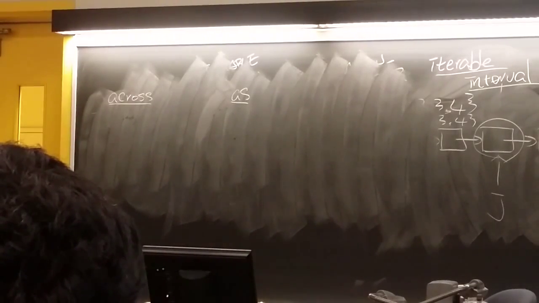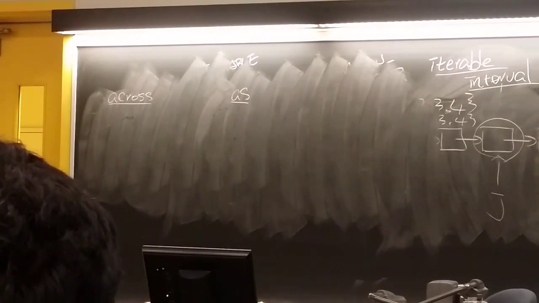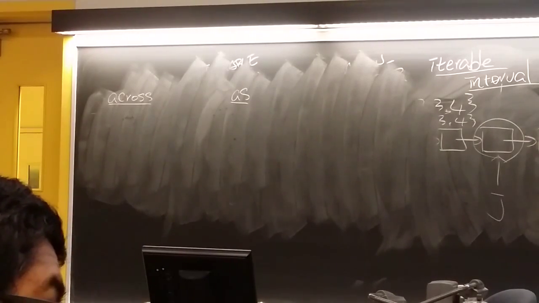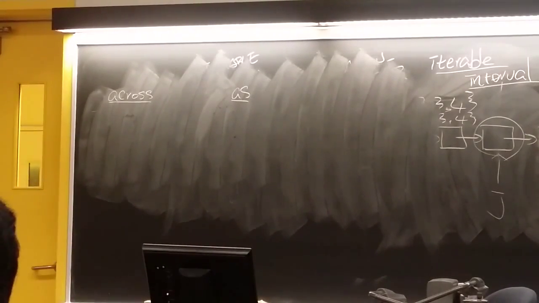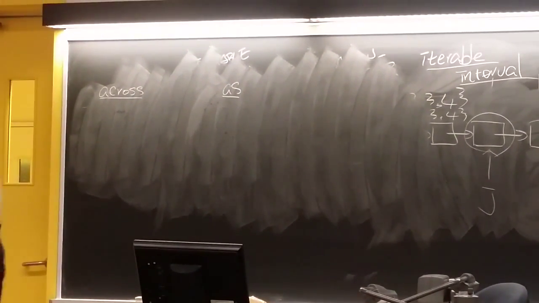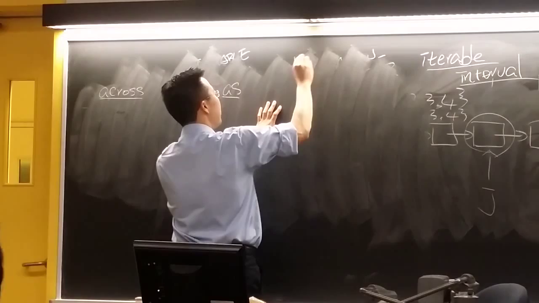Or some. So all will correspond to the universal quantification, and some will correspond to the existential. Should we check for the sum of them? No, actually, you want to check all the combinations of I and J, so that's why you need all. And by the way, if you have a look here, when you say for all I,